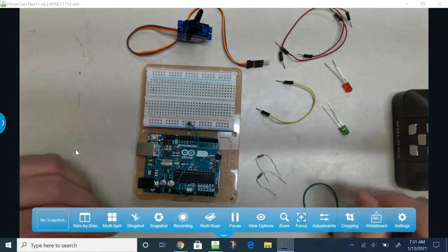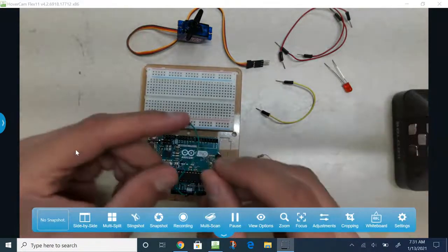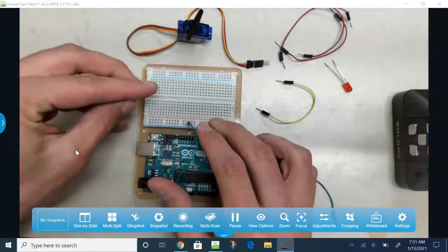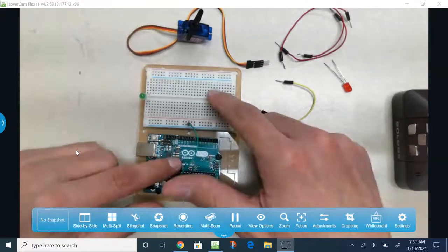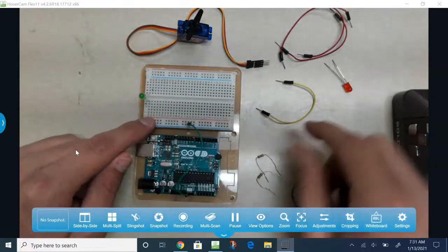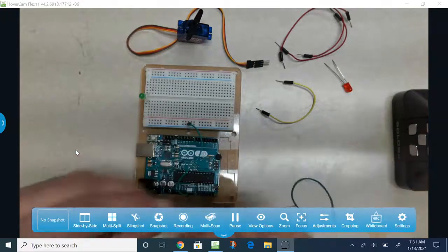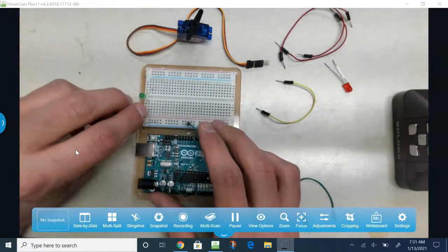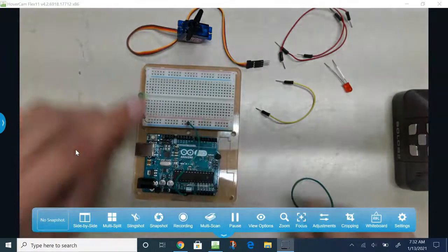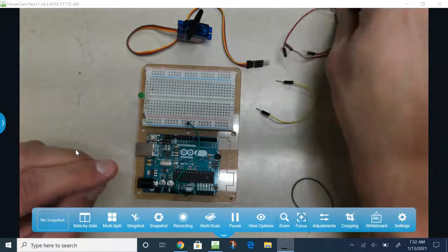The next thing I'm going to do is hook up both LEDs. So I'm going to take the long end of the LED and put it on the far side, away from the brain. That is because my ground is right here. It'd be easier to hook up my resistor straight to that line. So connecting from the short end of the LED to the blue line with the resistor, and taking a red